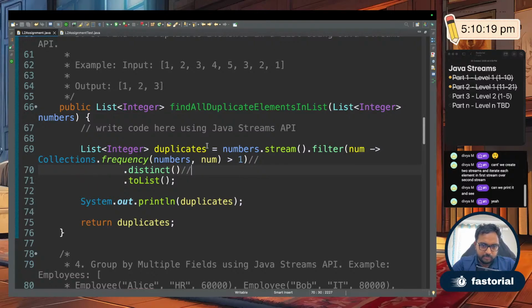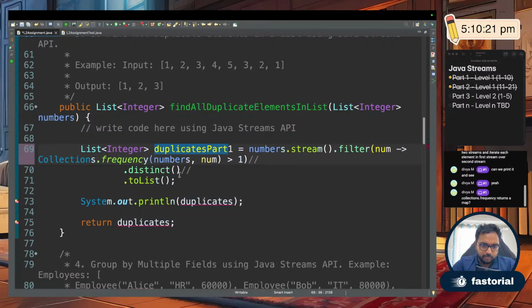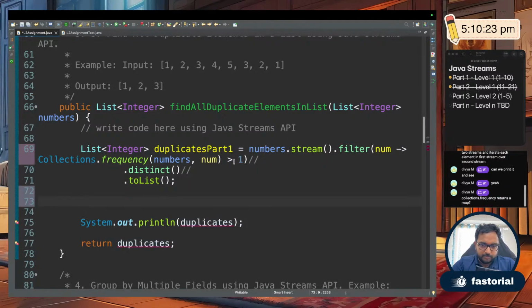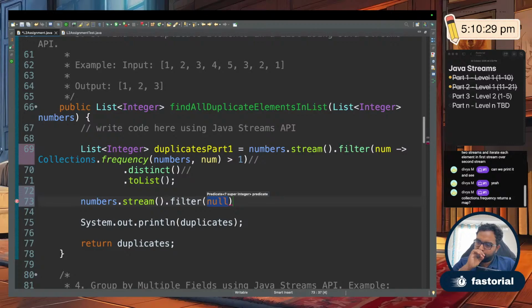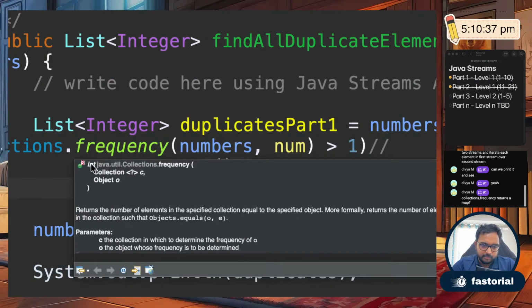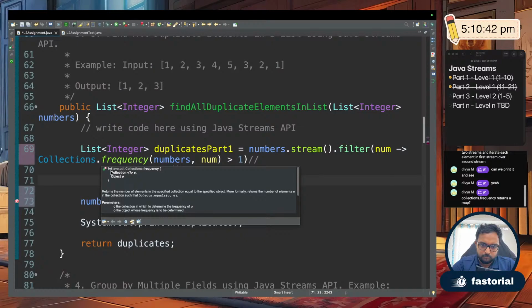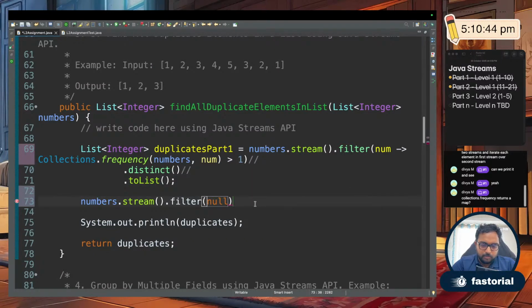So this is duplicates part 1. Now let's try again with numbers dot stream dot filter. Collection dot frequency returns a map? No, collection dot frequency just returns a number, how many times that thing is present. It returns an integer. Now you said about stream of stream, right? So num dot